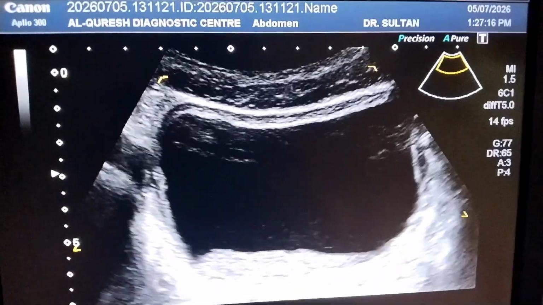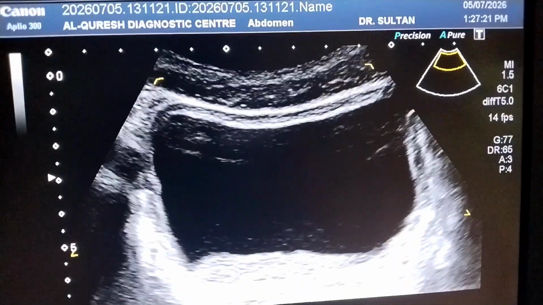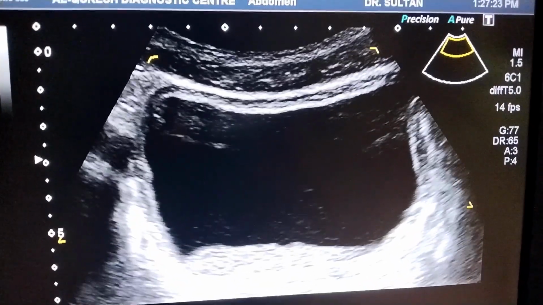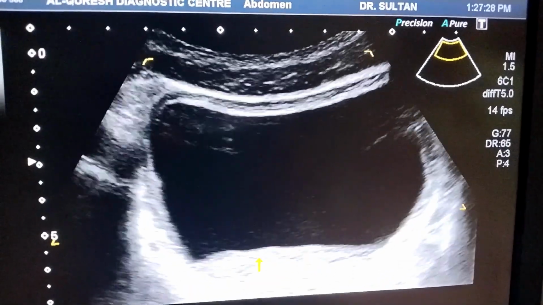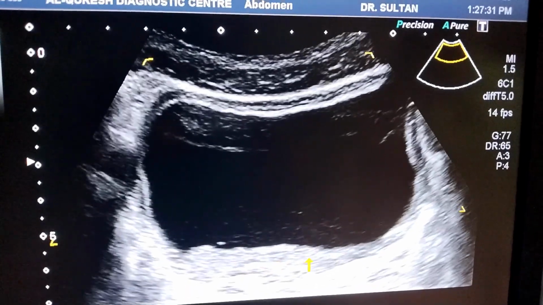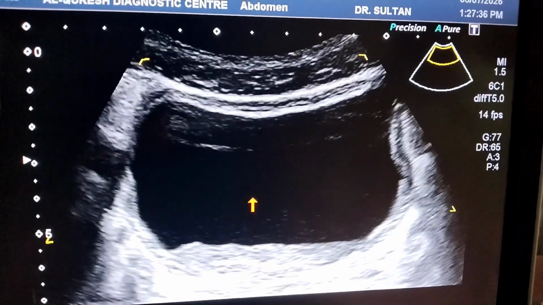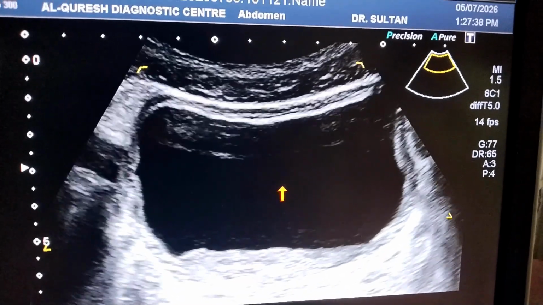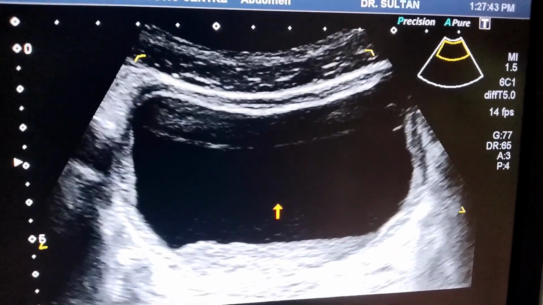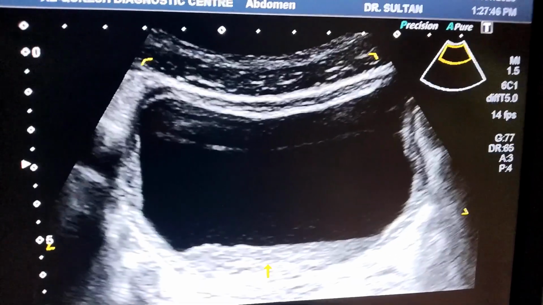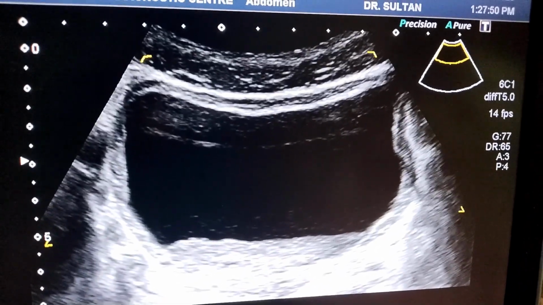Here we can appreciate this is the settled echogenic material, and this is the urine within the urinary bladder. So we can say there is a fluid debris level within the urinary bladder, and if we measure the wall thickness,